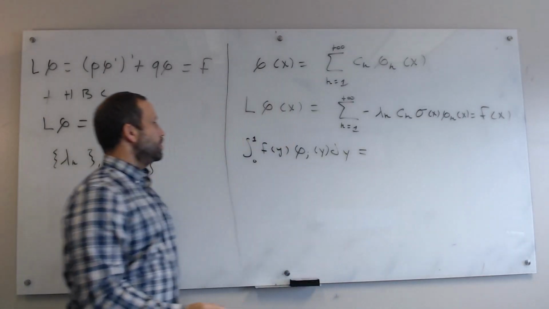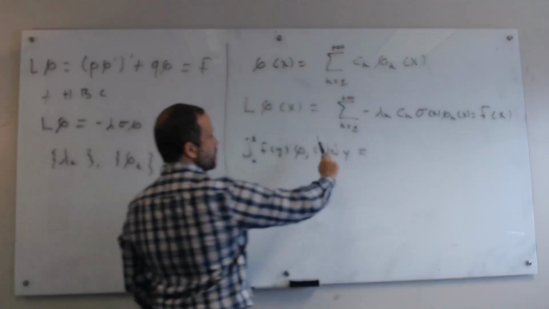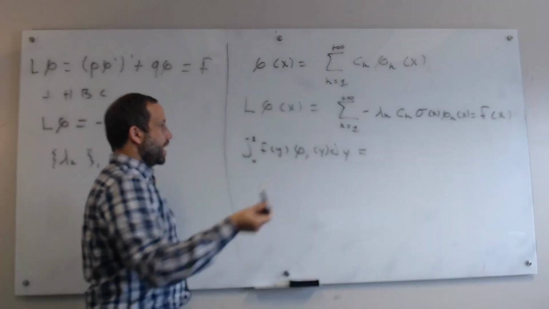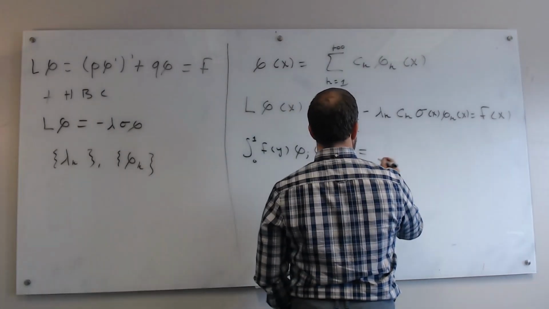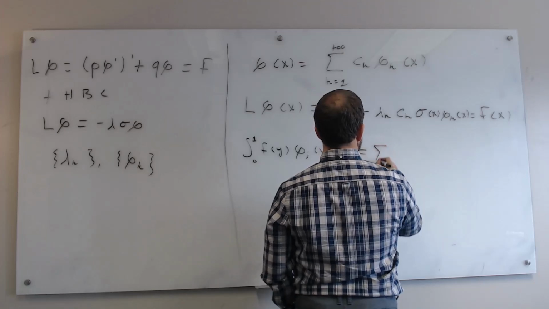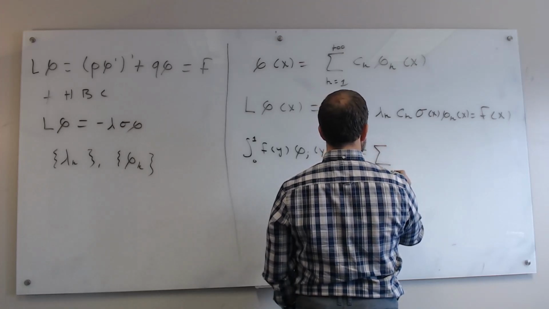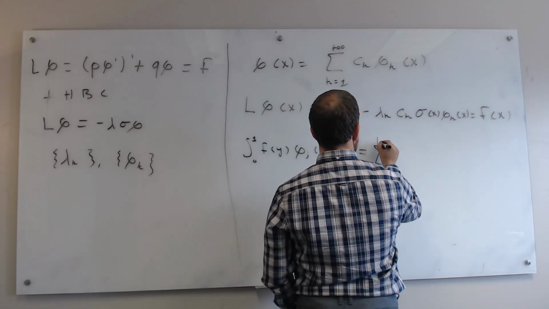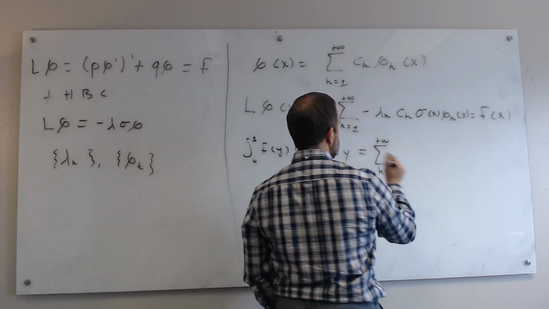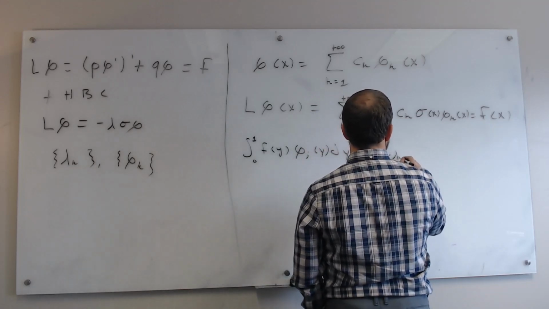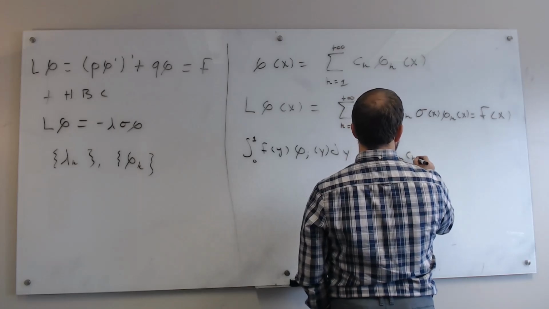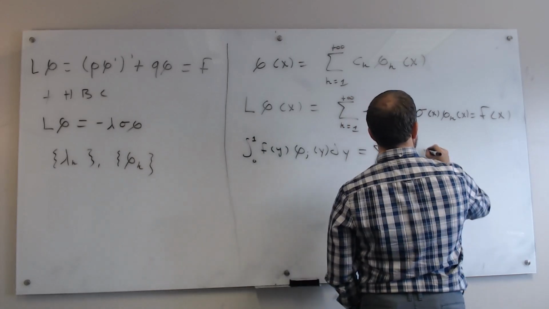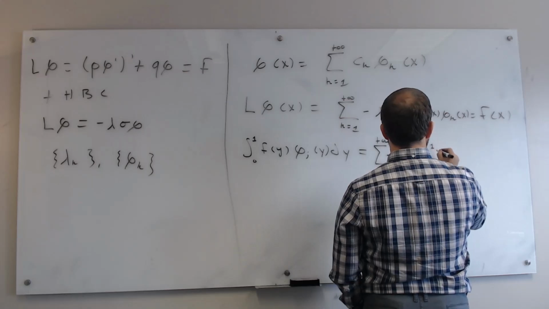Well, if I just replace f of y with this expression here and change the x's to y's, I'm going to get the sum, and interchange the summation and integration: k equals 1 to infinity, minus lambda k, ck, and then the integral from 0 to 1,